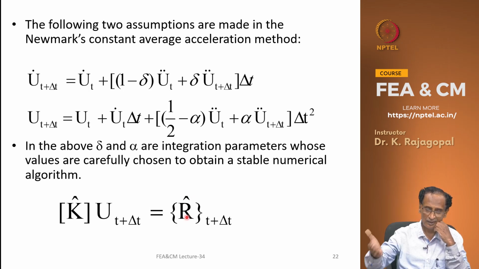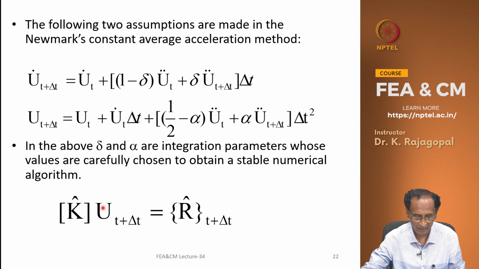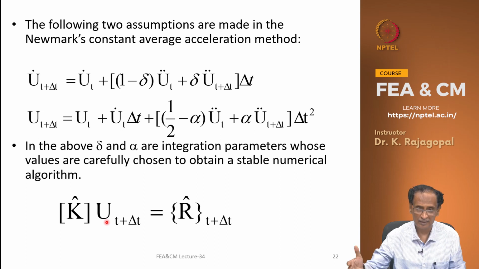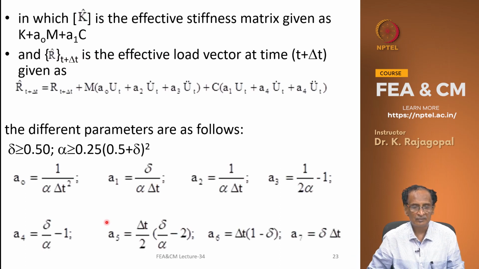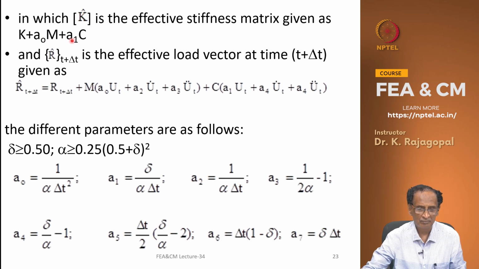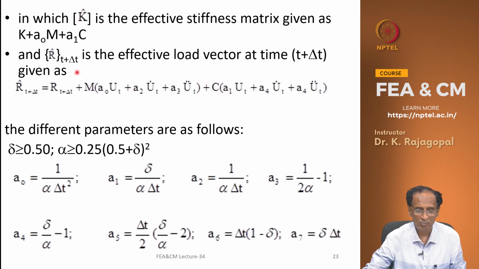The force vector is a known quantity, and our displacement at the next time step t plus delta t is the unknown quantity. The k hat is written as k plus a naught m plus a1 c, where a naught and a1 are some constants that we will see later, and r hat is the effective load vector at time t plus delta t,